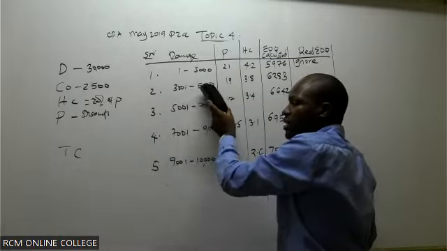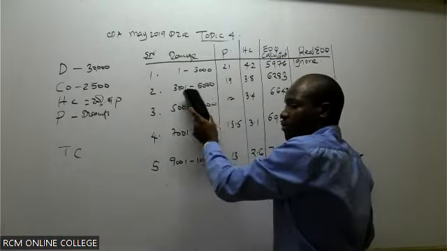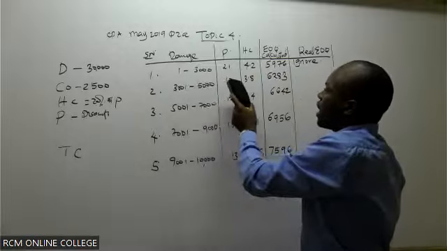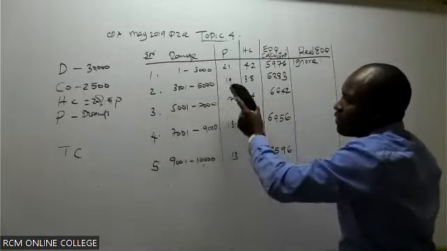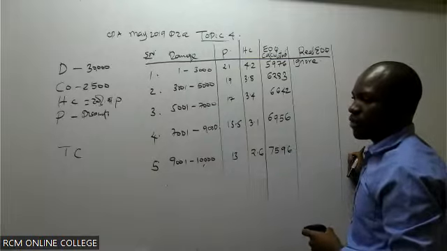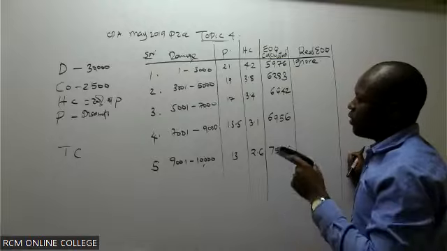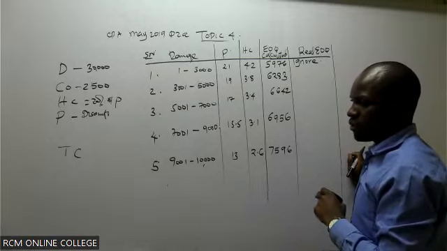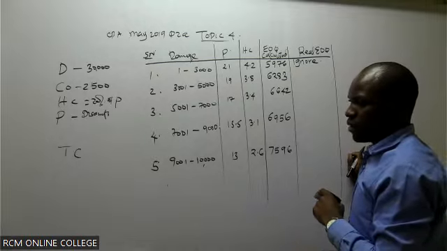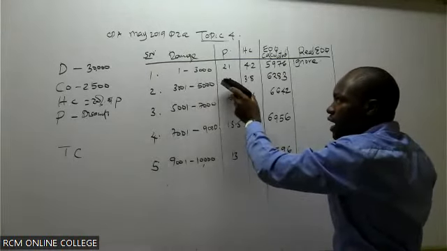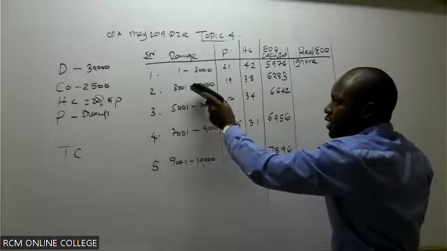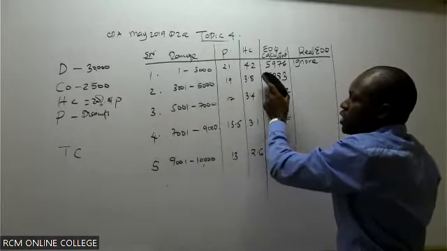Lazima ikuwe within this range here. Lazima ikuwe hapa within this range. When I come to my economic order quantity, is it within the range or above the range? Is it within or above the range? It is above this particular range. They only give you 19 shillings if you bought within this range, but your economic order quantity is above the